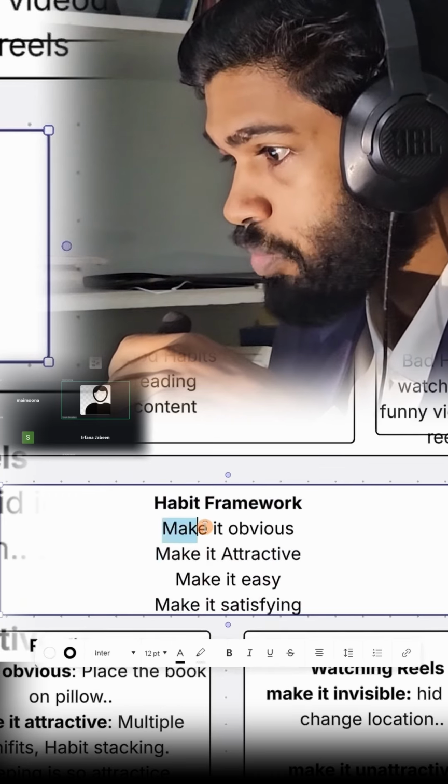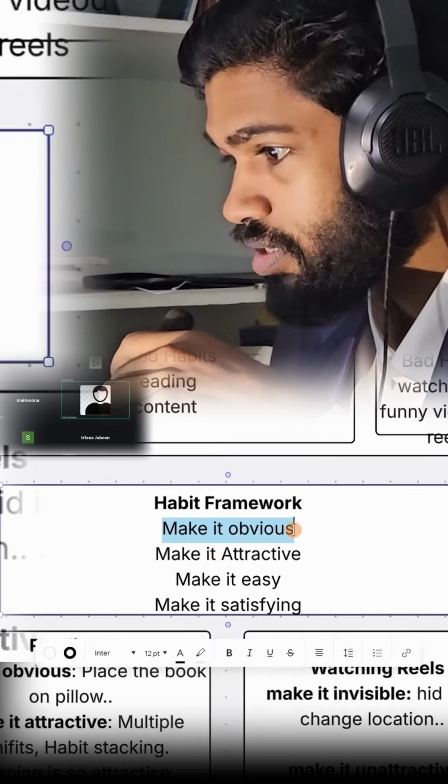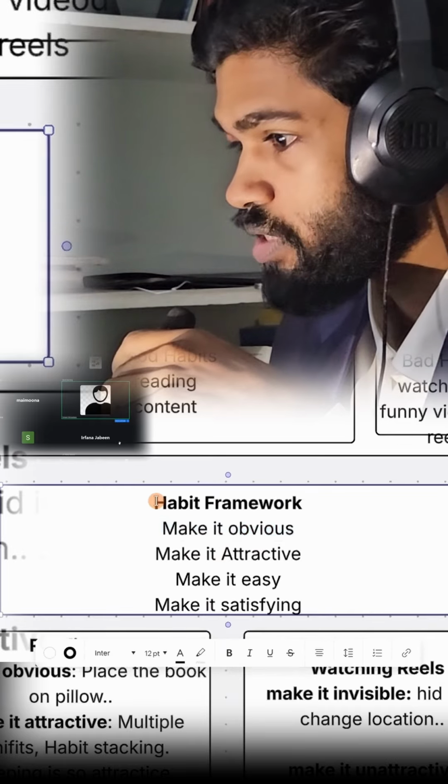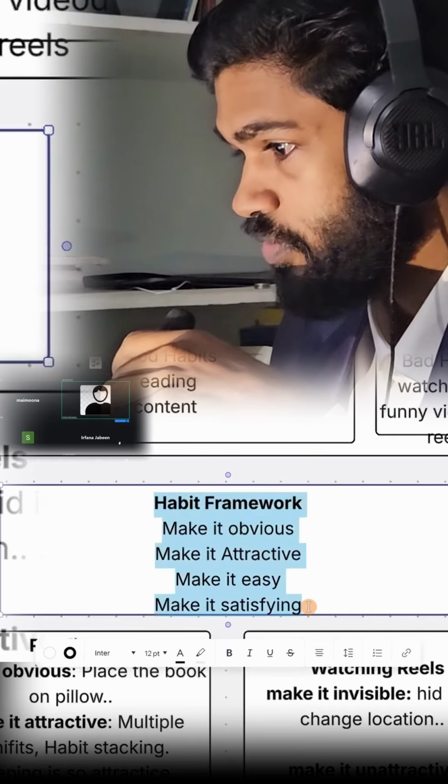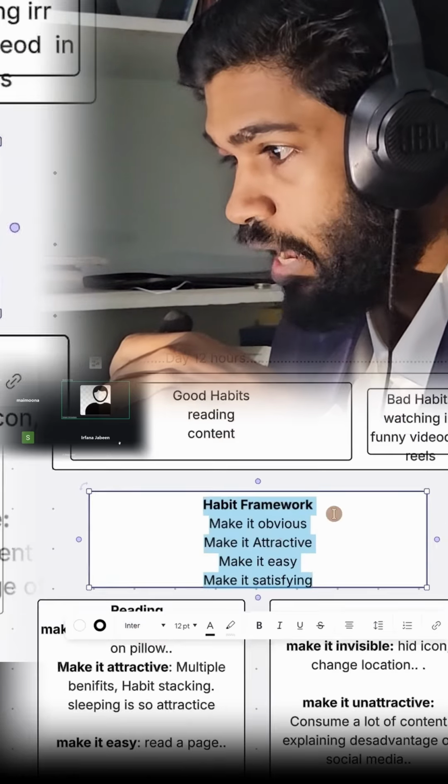Any action, we need to make it invisible if you want to break it. Okay, basically, let me revise this one. This is the habit framework. If you want to build a good habit, okay,